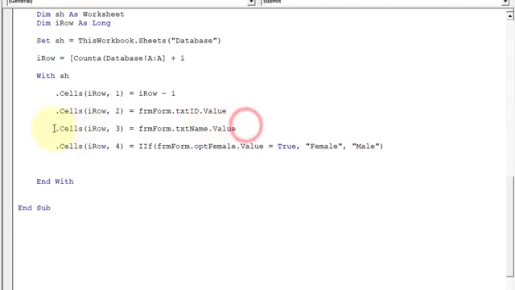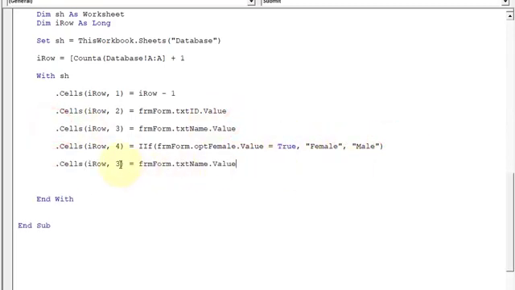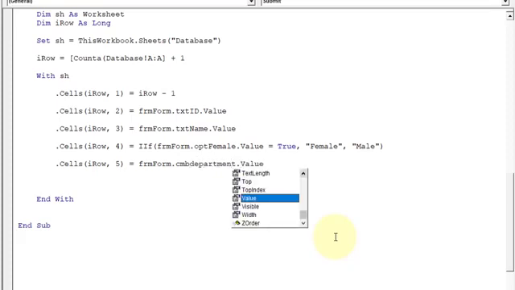So let's copy this line of code, and this is column number 5. Okay, and here we need to give the combo box name like cmb department dot value.